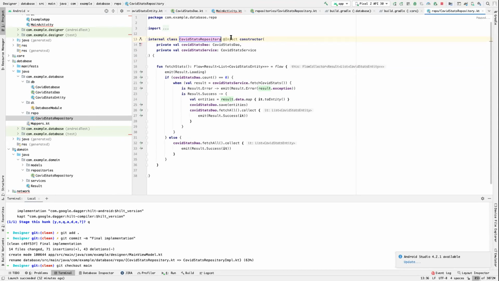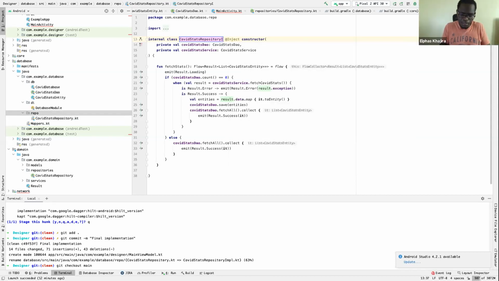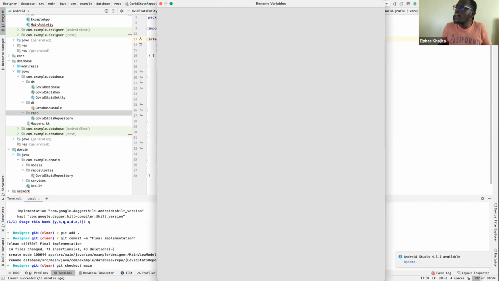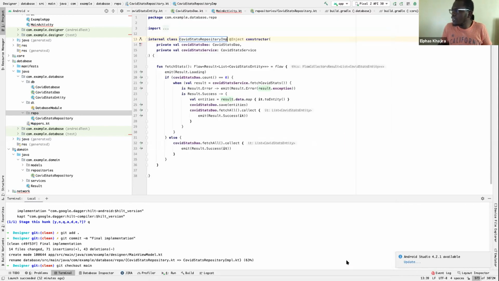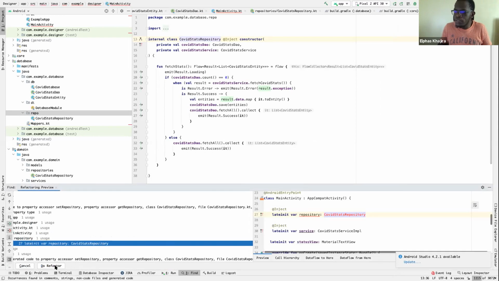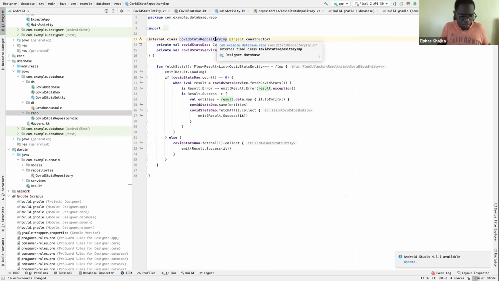Okay. Yeah. So here, I'll change this to an implementation, to impl. So I'll select all, refactor, do refactor. And then here, it's supposed to be impl.